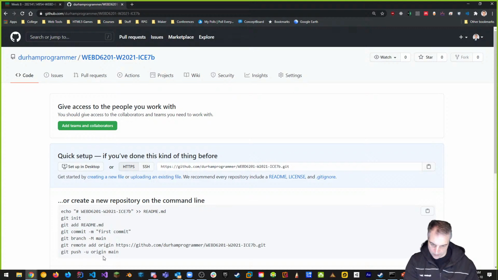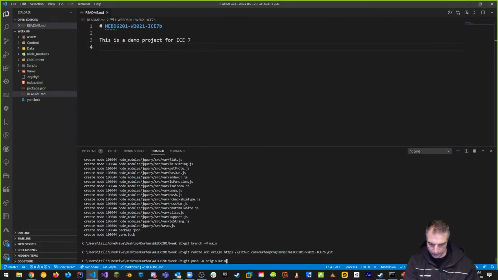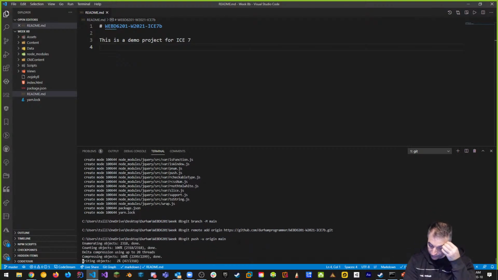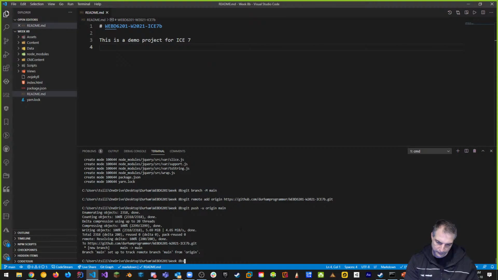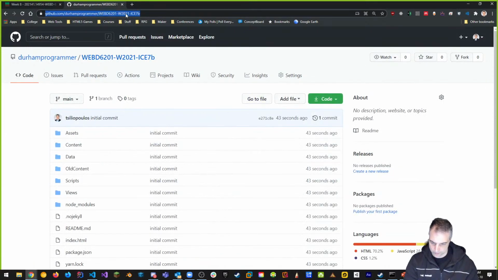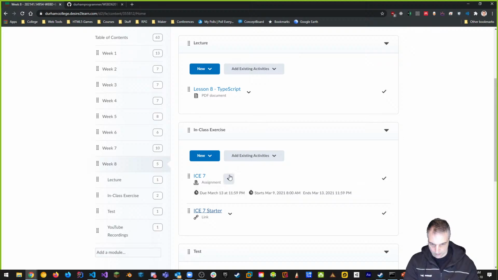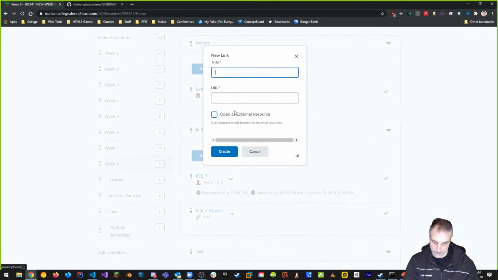And I'm just going to take these last 3 lines of code here like we normally do, right click and press enter, and it should put everything up online. And that'll be the final version that we're going to use. So again, I'm just going to go up here and refresh, grab this link, and we'll put this as the ICE 7 final.